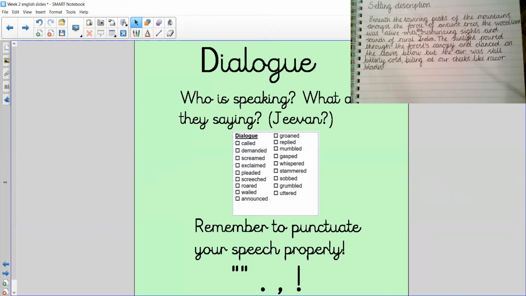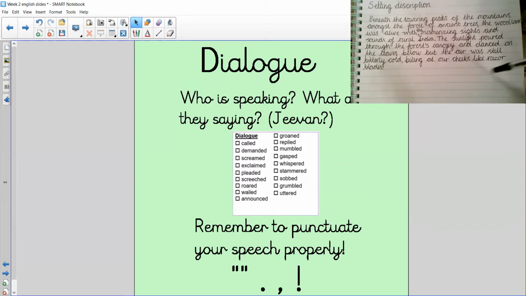So when you are writing your speech, you need to think about who's going to be there when you're writing your story. And who's going to be there? Well, it's going to be Asha and Jeevan. Now, Asha probably isn't going to include speech that she said herself because we're writing it from her perspective. So she's not going to say, Asha said this, because she is Asha. But she is with Jeevan. So I'd like you all to write your speech as if Jeevan was saying it, please. Okay, so everyone needs to write it from Jeevan's perspective, but it's up to you what you want Jeevan to say.